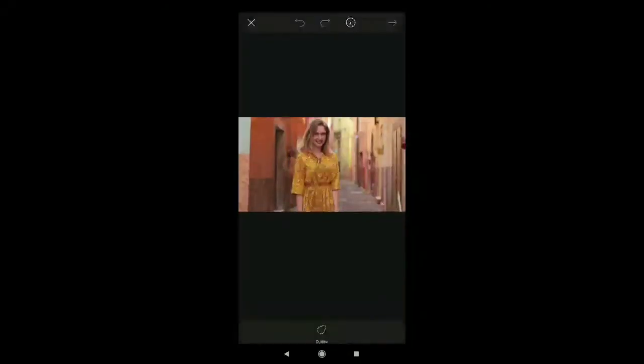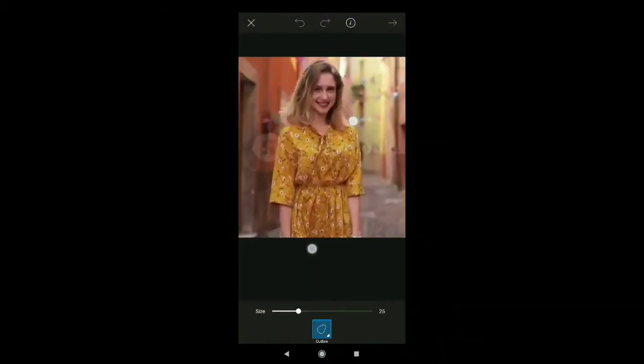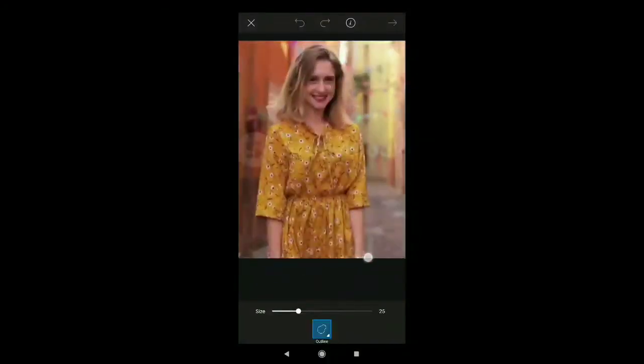See this one, this is a picture, and cut out the person in the image. By selecting the outer boundary, the image will be cut like this. See the video for a clear explanation, for getting clarity about the cutout in PicsArt.